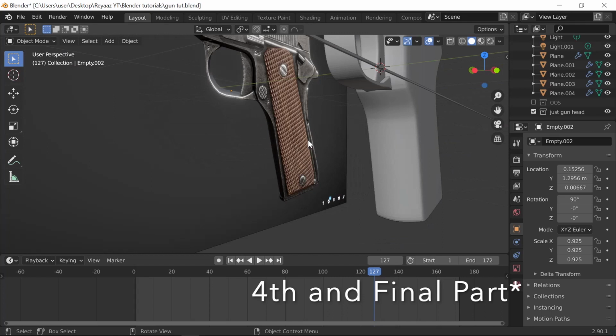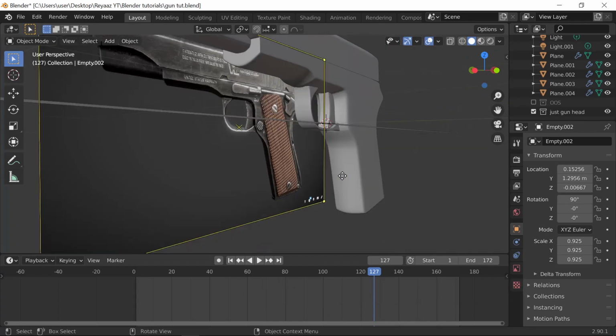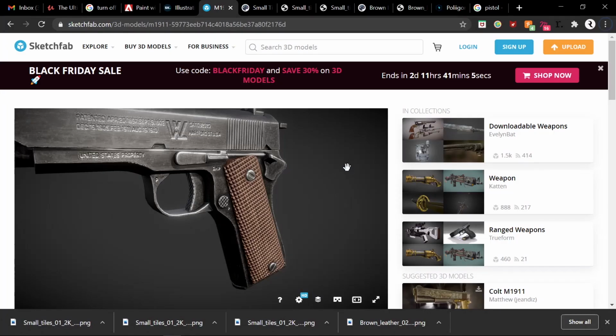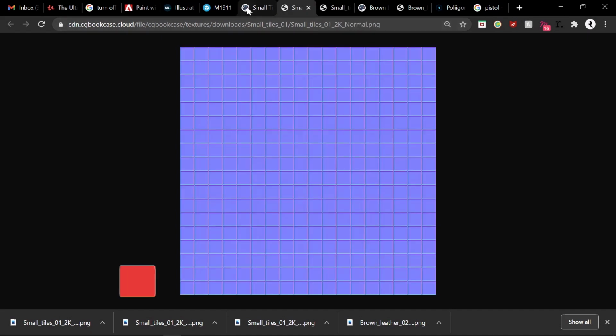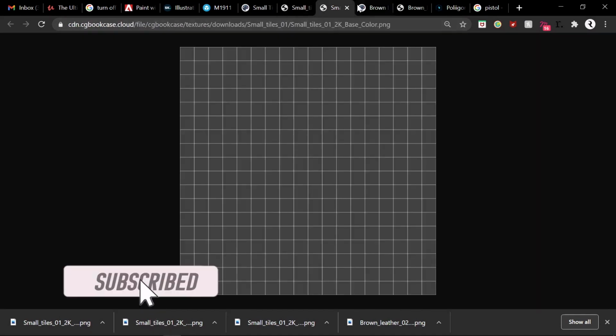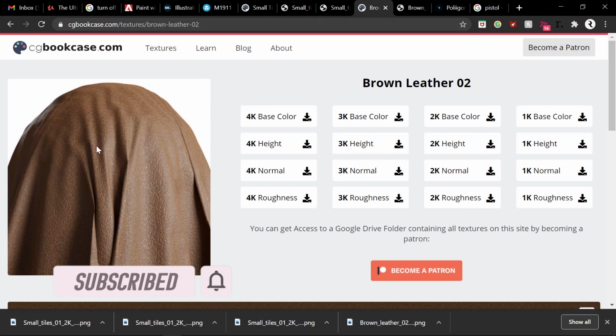Today we're going to be making this part, the grippy part of the gun. No, I'm going to use my own texture. Now I will link down in the description the textures that I use, but a really good site to go to is the CG bookcase. Most things over there are free. Well, I think everything is free there, but I'm going to be using the brown leather